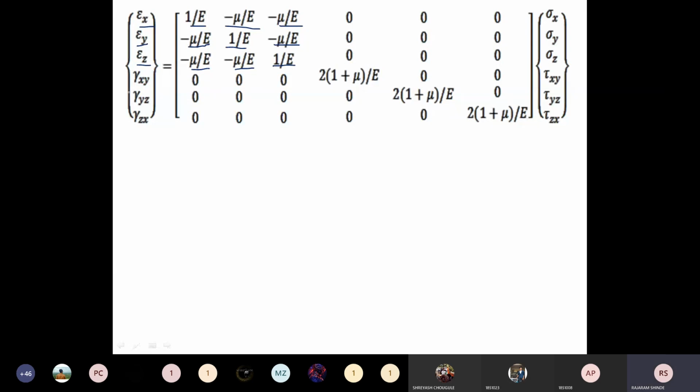Next, gamma xy, you see here, this is the fourth row, 2 into 1 plus mu upon E into tau xy. And gamma yz is equal to 2 into 1 plus mu upon E into tau yz. Gamma zx is 2 into 1 plus mu upon E into tau zx. This is the 3-dimensional strain in terms of the stress. You have studied all these things,